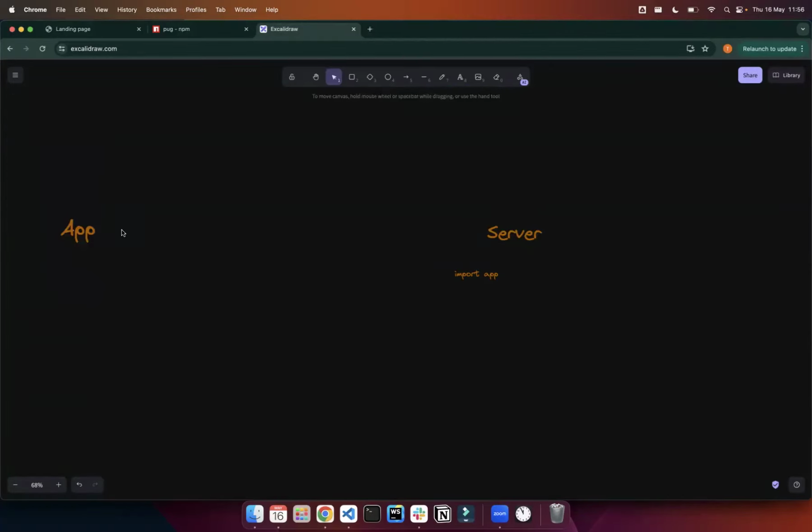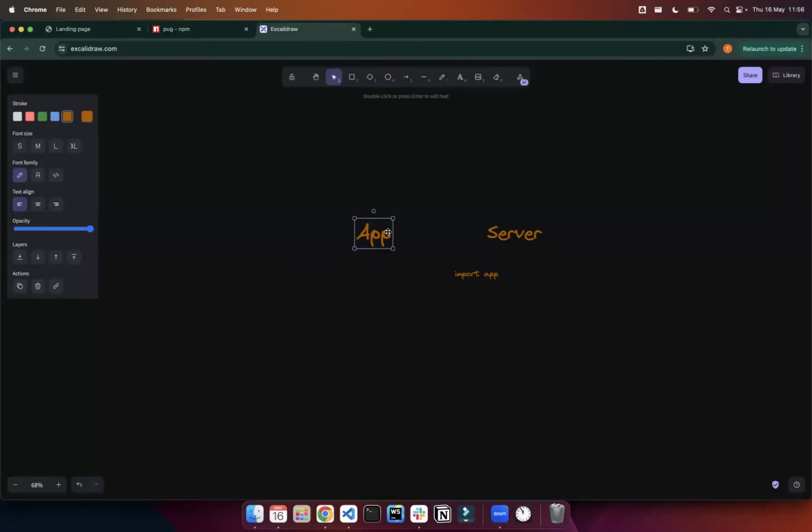So let's make this right. So what do I do? I import app inside of server. So it means that what I just did here by importing app, when I do const app equals require app, is what I mean by importing app,